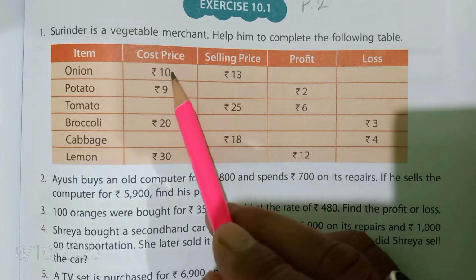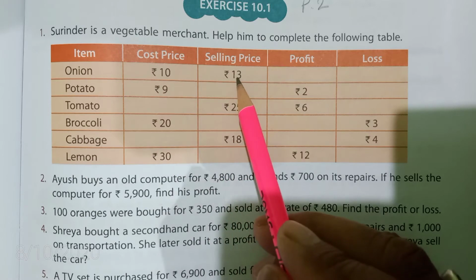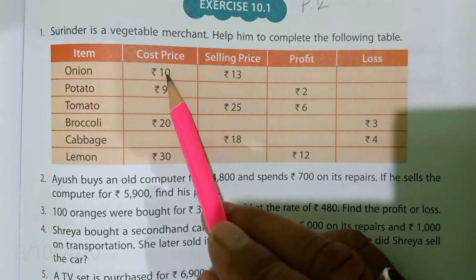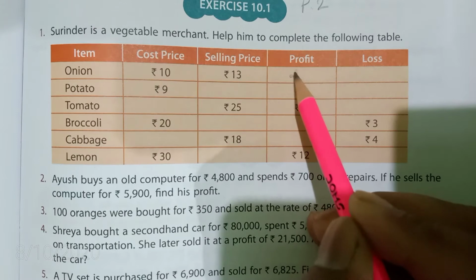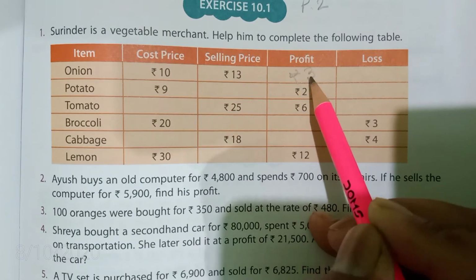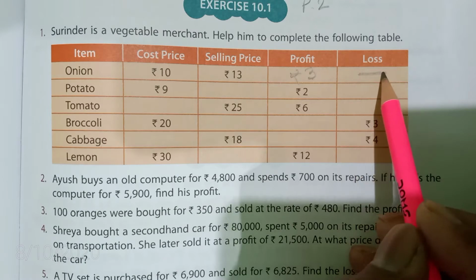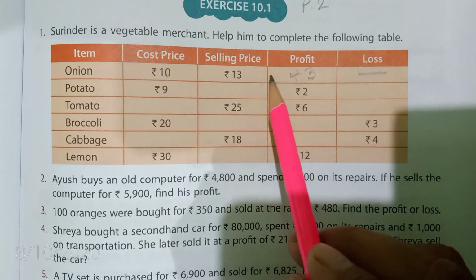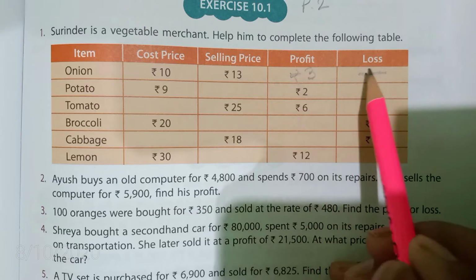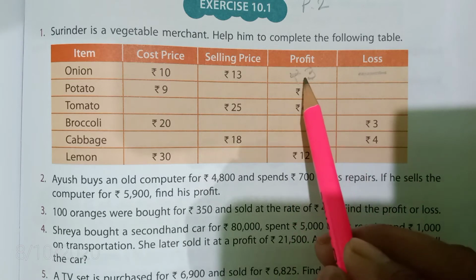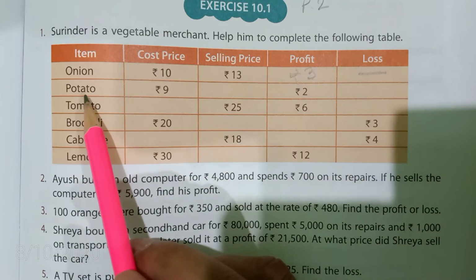Selling price minus cost price equal to ₹13 minus ₹10 equal to ₹3, and this column will be blank because in a transaction either profit or loss is there. Both things cannot happen. Now for potato,